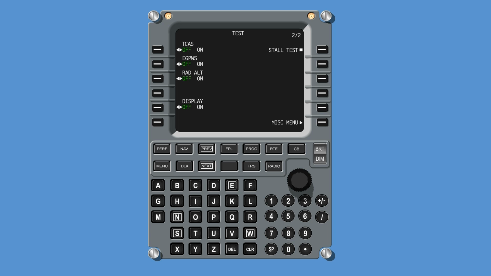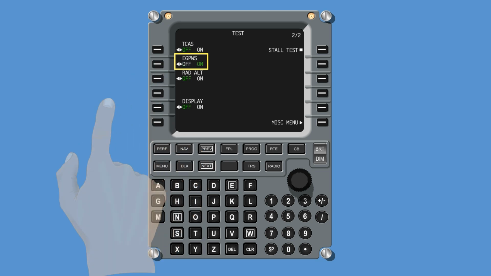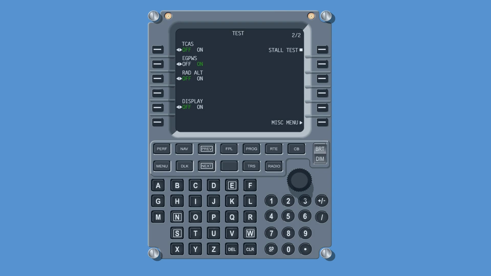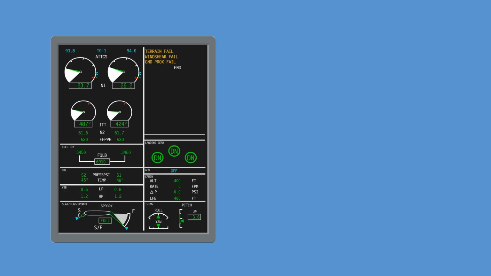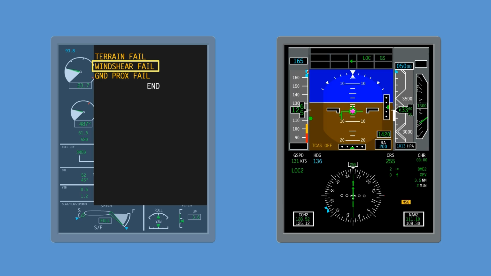All EGPWS warning functions, including the wind shear warning function, are tested during cockpit self-test prior to takeoff. The self-test is activated using the MCDU test page. During the test, an amber wind shear fail message is displayed on the IESS. A red wind shear message is displayed on the PFD,